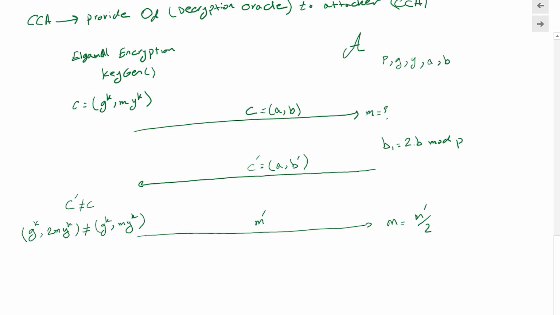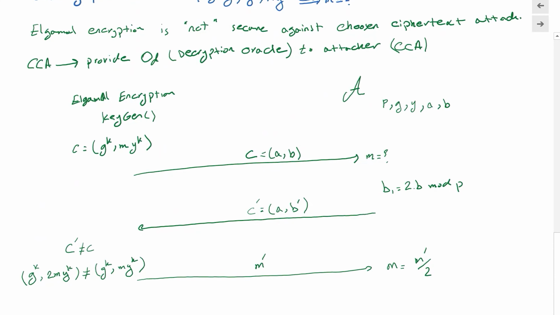This is the encryption of 2 times M, not M. And once the oracle responds, because the attacker knows the factor that he multiplied B by, it was 2, he can just divide by 2 and obtain that specific message. And therefore